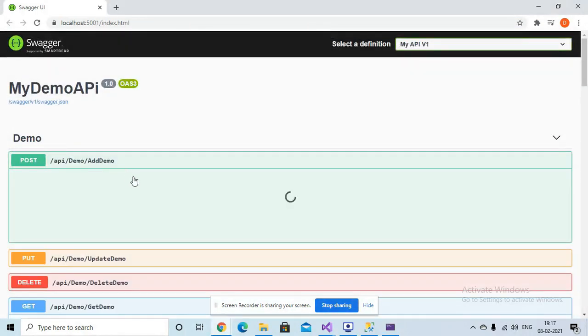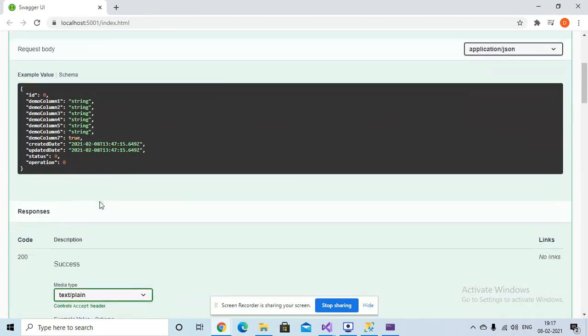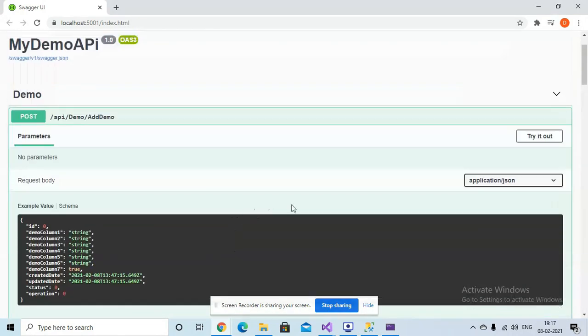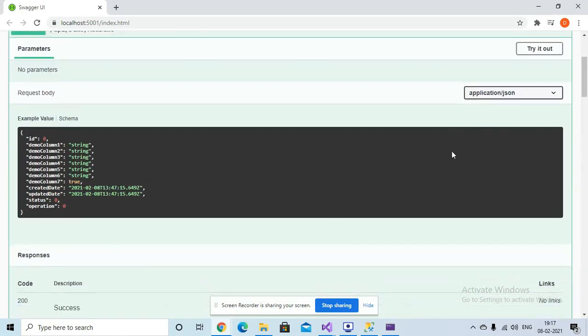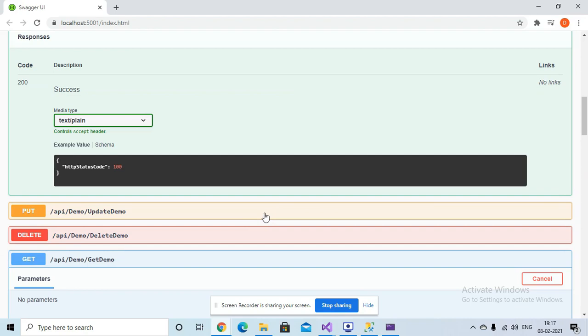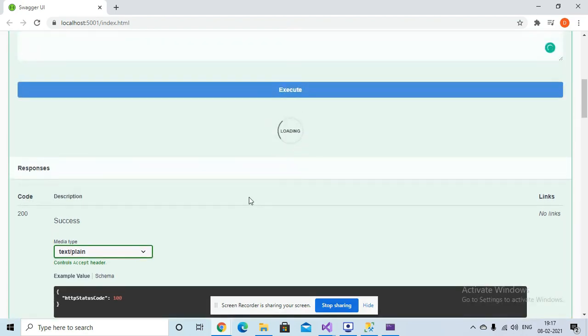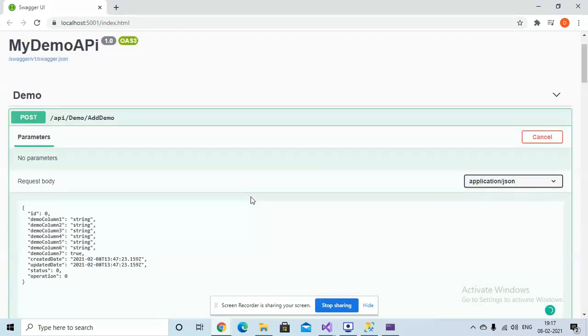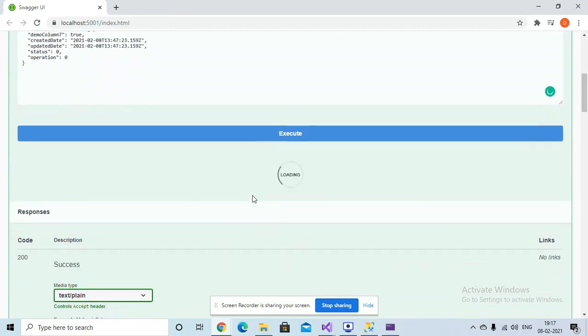So I'm just going to create some data from this by invoking this. Now add demo is being called.